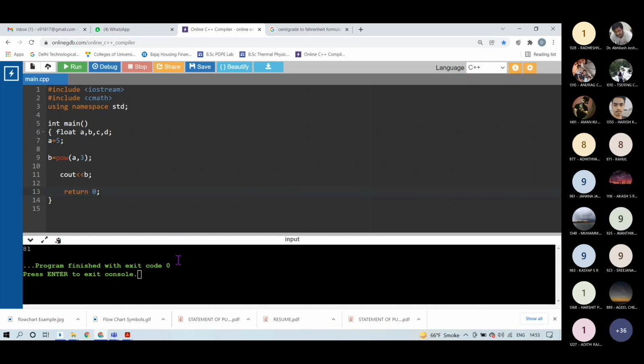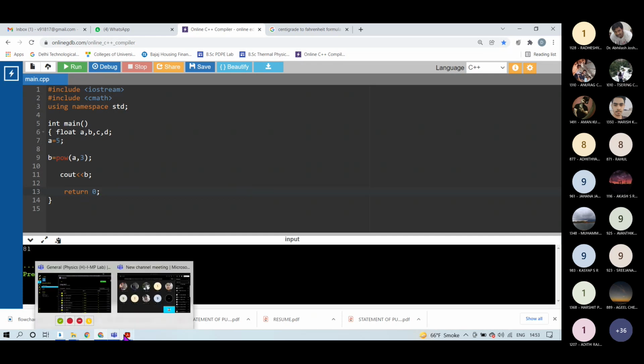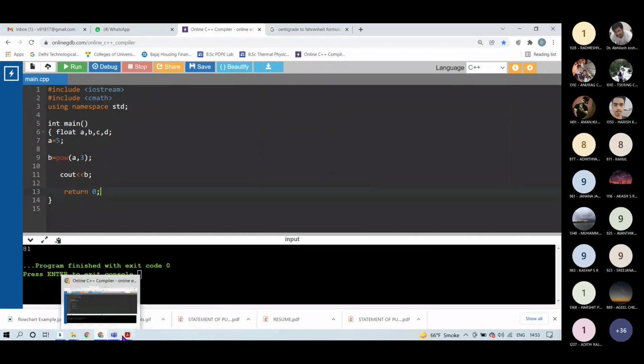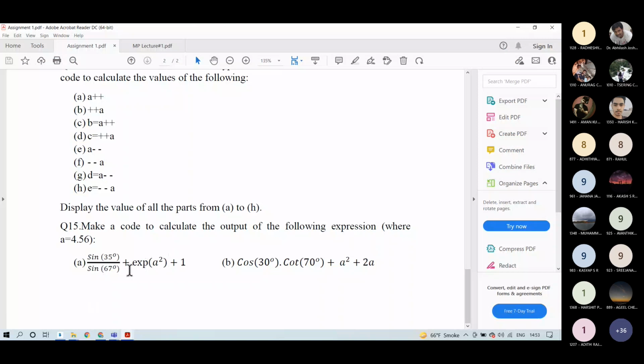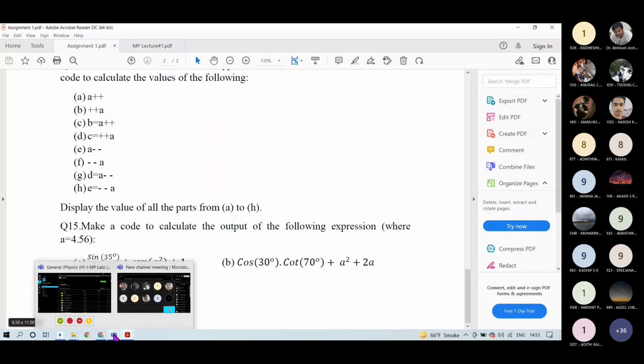So you can also use this power function for solving your arithmetic operations. Similarly, you can assign another variable b equal to POW(a, 2), and then find the value of this exponential b.